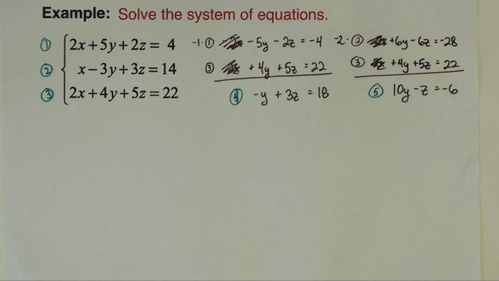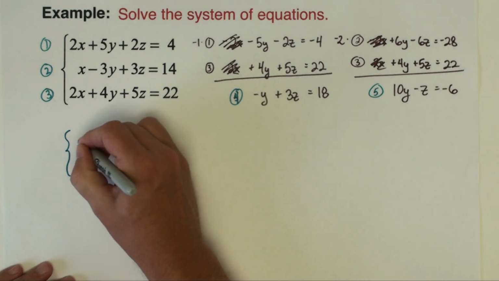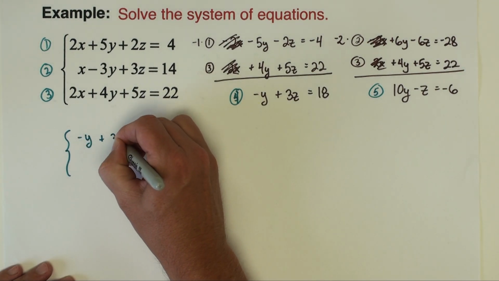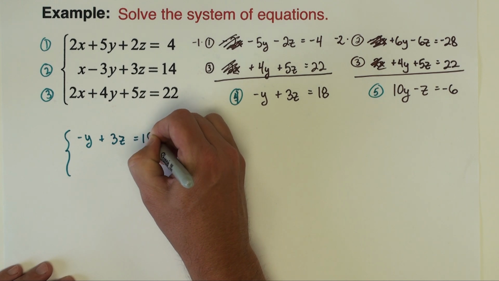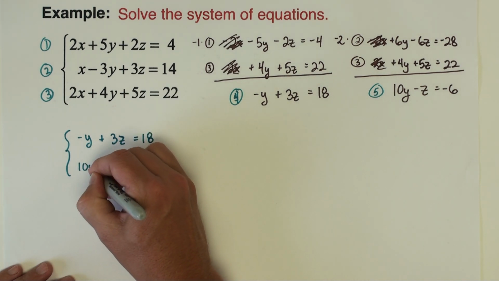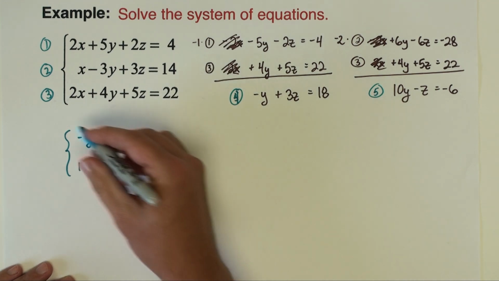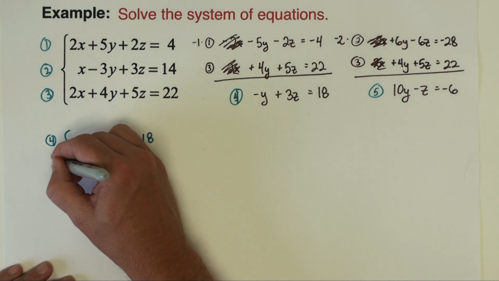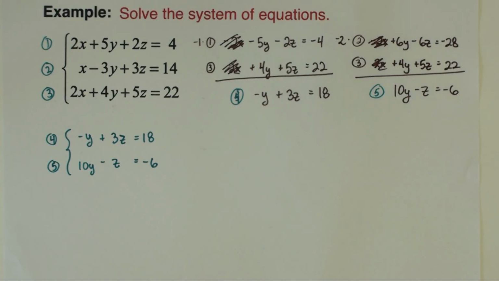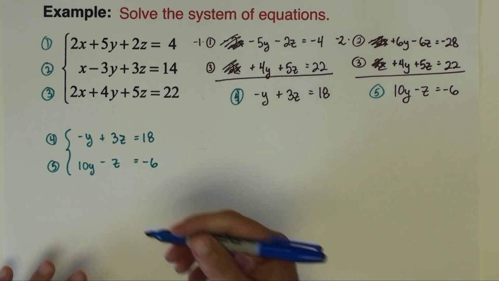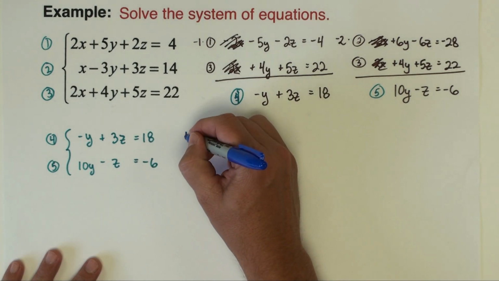All right, let's put those together and take a look at what we've got. We have negative y plus 3z equals 18. And we have 10y minus z equals negative 6. There's our equation 4 and 5. I think we could go with either eliminating the y or the z. I do think that taking care of the z is probably going to be easier because the numbers are smaller. So let's do that. I'm going to take equation number 4